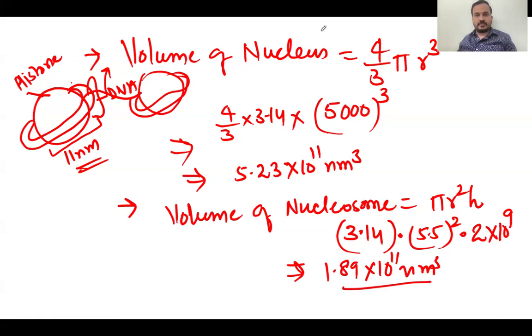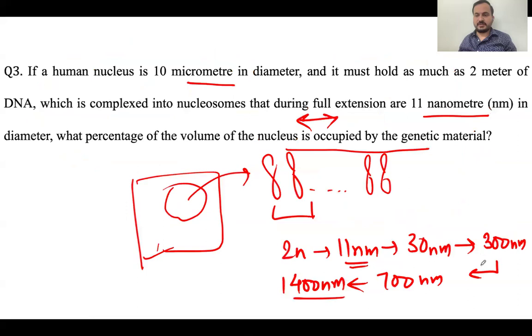We have calculated the volume of the nucleus considering it as a sphere, and then we have calculated this one as the volume of a cylinder. The chromosome, we all know the structure of the chromosome. So this is the 1400 nanometer structure, and at some point, if we try to open it, you will get a 300 nanometer structure. This is the same thing I'm talking about. Which you further pull, you will get a 30 nanometer, and then we all know if you keep on pulling it, 11 nanometer, and until you get a 2 nanometer diameter DNA,